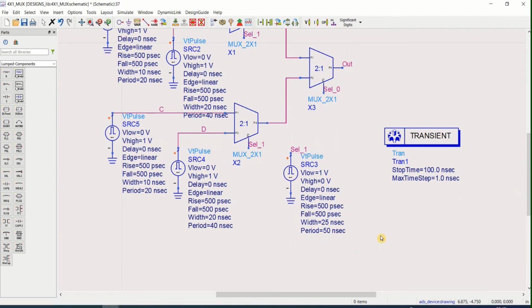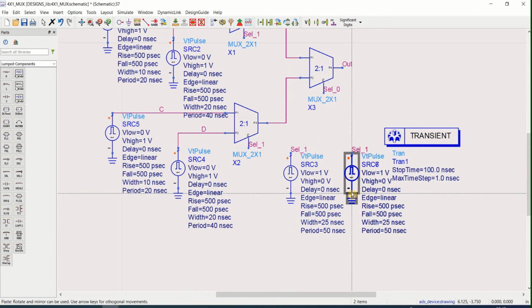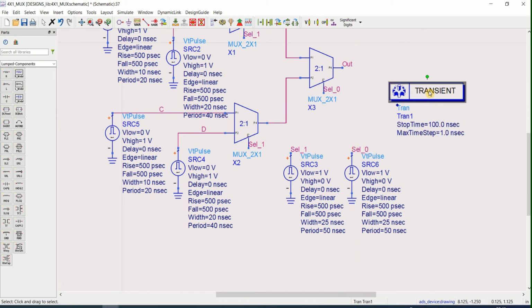Control C, Control V. Set this to 0. I want to differentiate between selection line 1 and selection line 0.